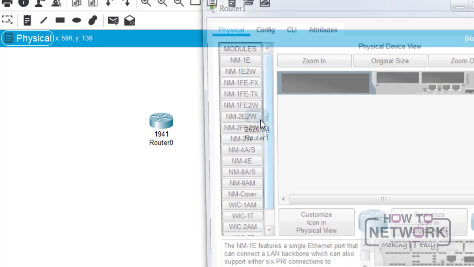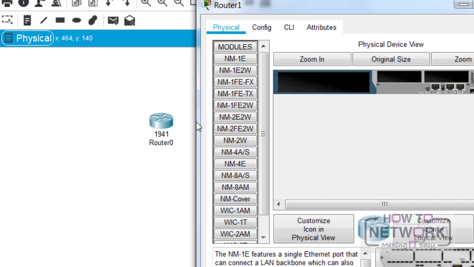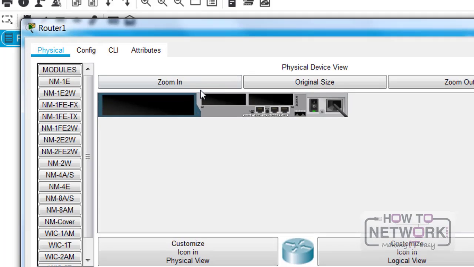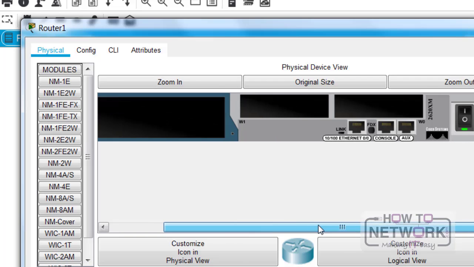Now I've dragged up a different device, another Cisco device, but a different model. You can look at the Cisco website if you want to see what they all do and what they're all for. You can see this actually has blank slots. So this is a modular router where you need to decide what type of modules you want. I've turned the power off by flicking the button or pressing it,